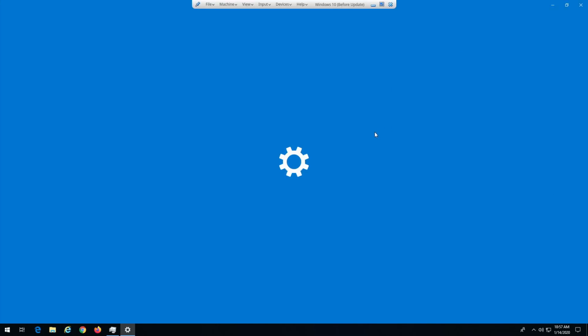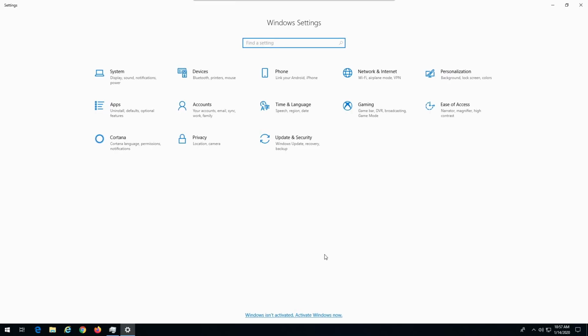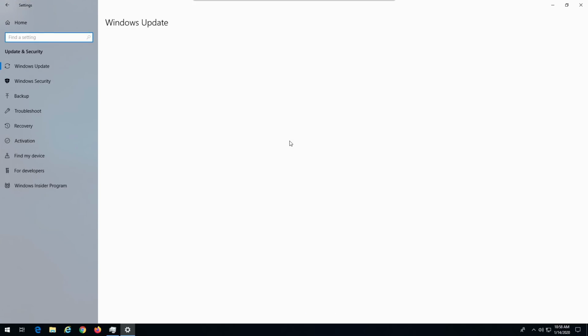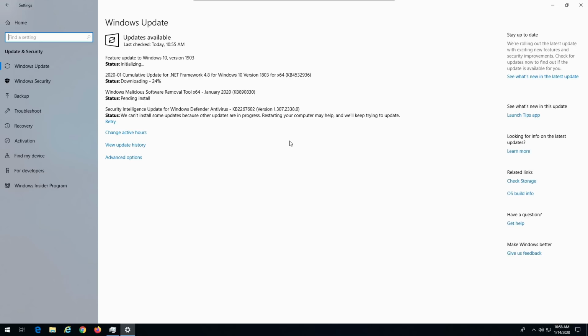All I want to do right now is just kind of show you how the system's going to work, and I don't want it to be doing anything right now. So suppose I'm working on a deadline. I'm just like, I got to get this thing done. Your system on Windows 10 is going to sit here and spin. It's going to sit here and download a bunch of stuff. It's going to slow your network to a crawl. It's going to slow your computer to a crawl while it's like, we're installing updates.